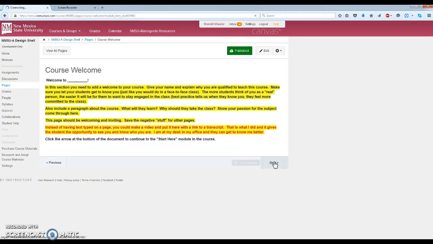And from there we go to the course welcome, and anything highlighted in yellow would need to be changed to be appropriate to the course and the instructor. Now for me, my course welcome is a video, and I strongly encourage all of my faculty to use a video.